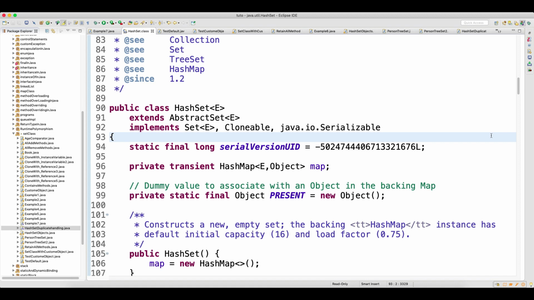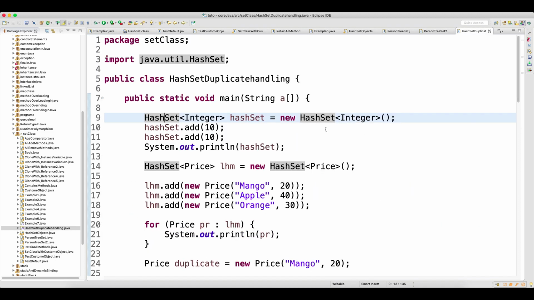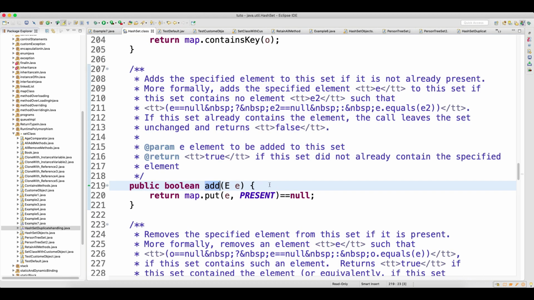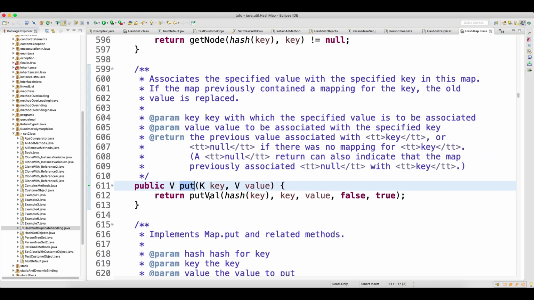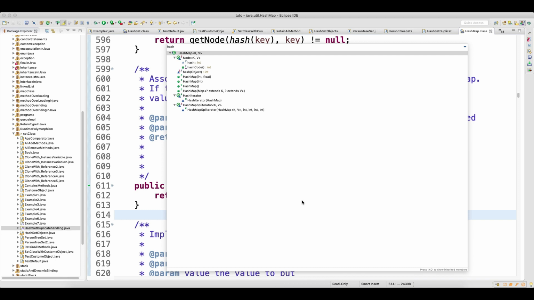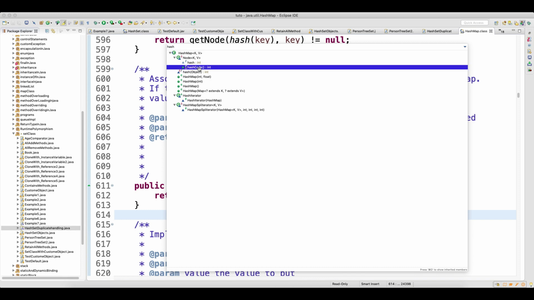It will not override it in the same class, but if you go to the HashSet add method, and then to map.put, which is nothing but HashMap.class, here you can see that hash code is overridden.